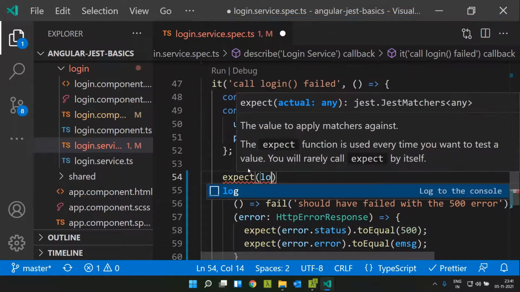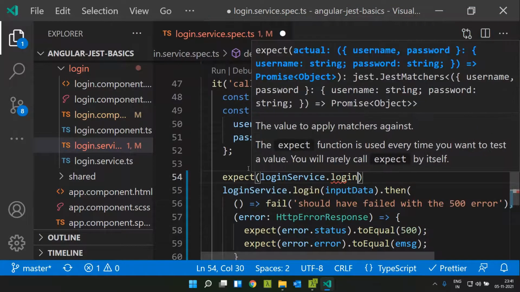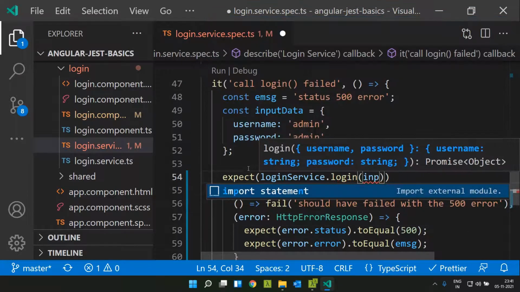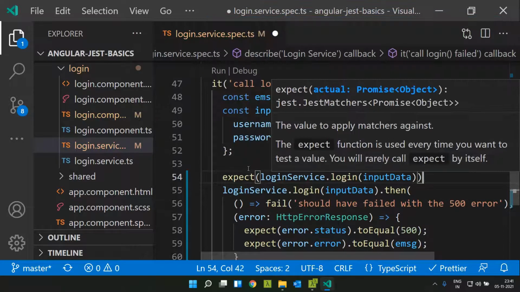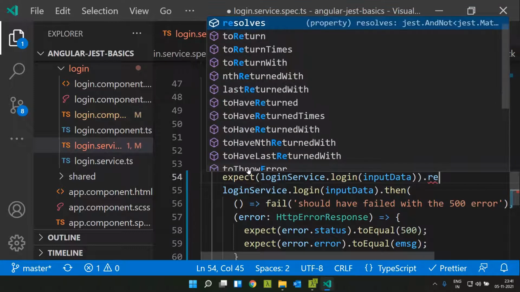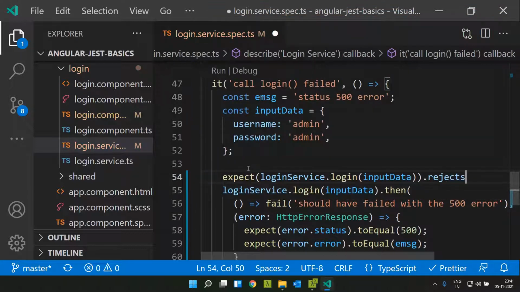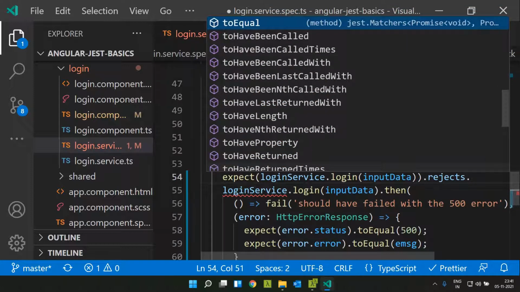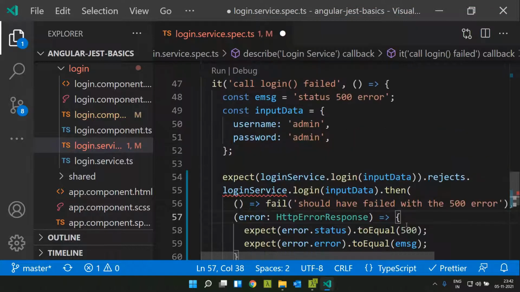So again, we can pass the login service dot login with the input data, and here we can make use of rejects, and check whether this particular object is an error.